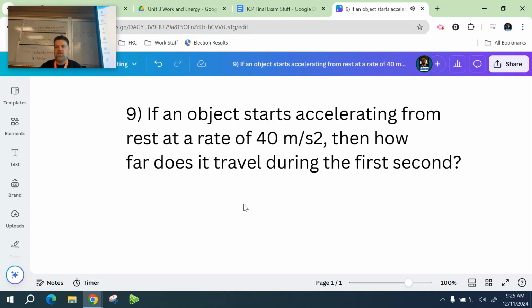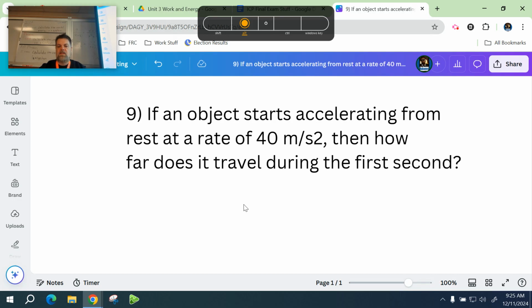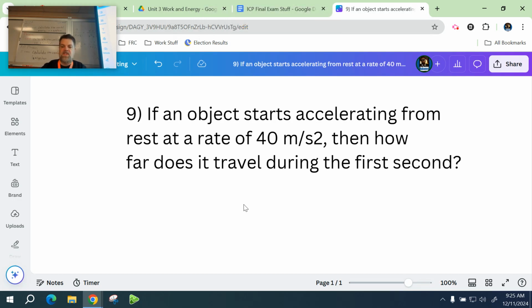All right, so an object starts accelerating from rest at a rate of 40 meters per second squared. How far does it travel during the first second? So, okay, for this one,